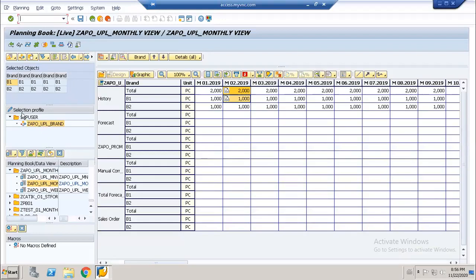If you assign that selection view in a particular selection profile, we can access the selection view at whatever time you want. If you want to view particular data after 2 months, with the help of selection profiles, we can view the data and macros at that time. Whatever macros were created in the system, and we assign this macro and default macro, all get shown in this area. At the time of macro, I'm going to discuss this field,